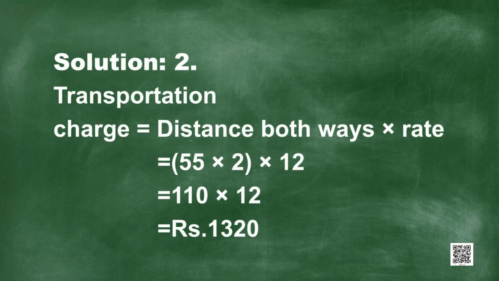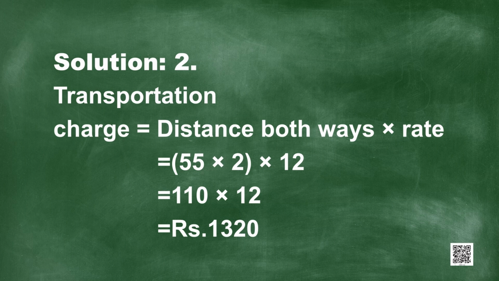Students, to find cost per head, firstly let's try to find the transportation charges. So transportation charges will be given by distance in both the ways multiplied with the rate. Here, both ways means school to the picnic site and picnic site to school. We know that the distance was given by 55 per one way. Since it is both the ways, we will multiply 55 with 2 and the rate is given to be rupees 12 per kilometer. So therefore, the total transportation charge is given by 110 multiplied with 12, which is equal to